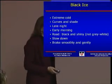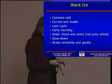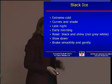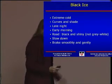So, black ice. Windsor seems to be really prone to this, the Windsor area, because of our fluctuating temperatures. Did you get black ice out in Vancouver, Barry? You did, a coastal. It comes in the extreme cold, and it tends to hang out more on curves and